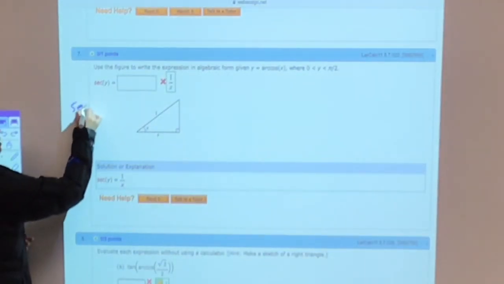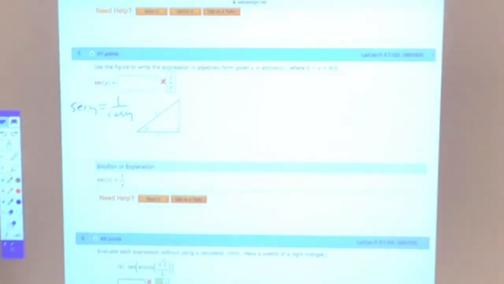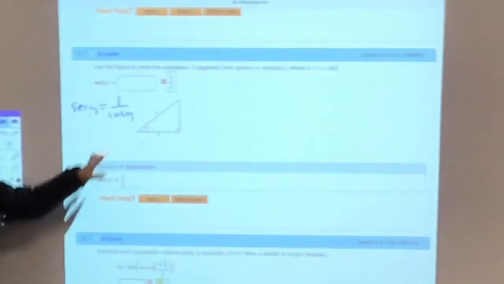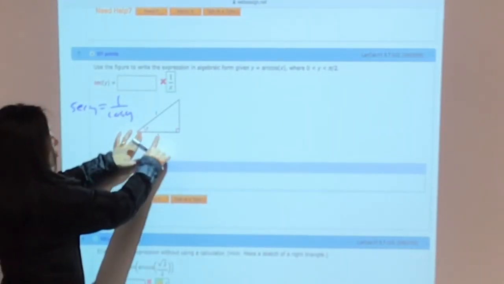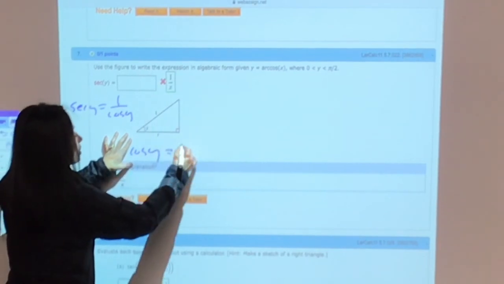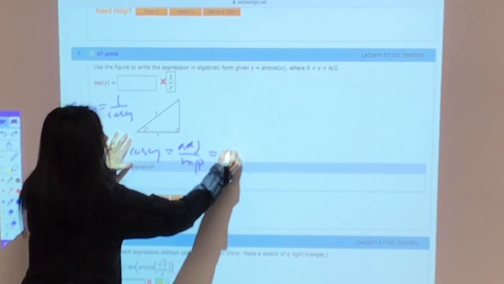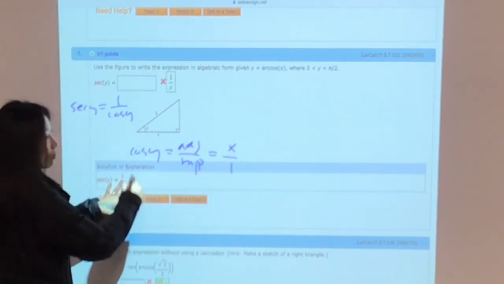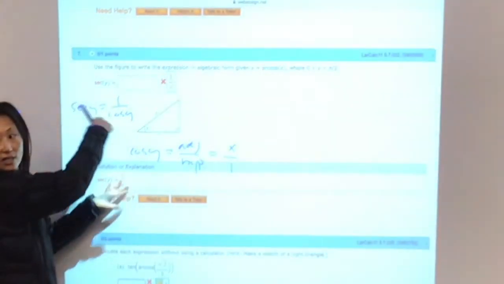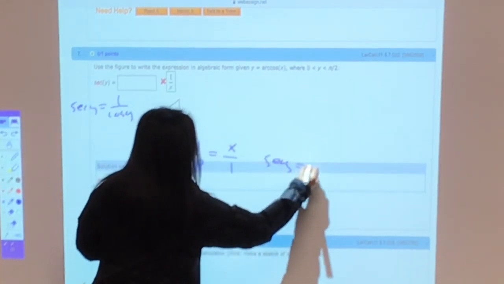Secant means 1 over cosine y. So how do you find cosine? Cosine y is adjacent over hypotenuse, which is x over 1. So what is secant? You flip it, right? So secant y is 1 over